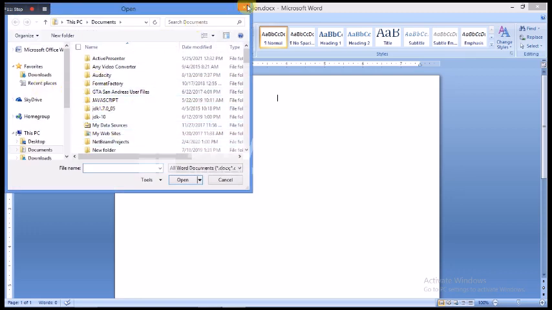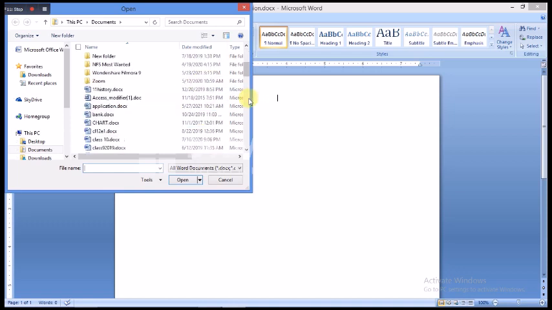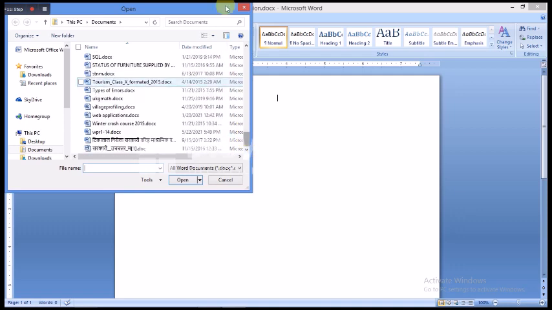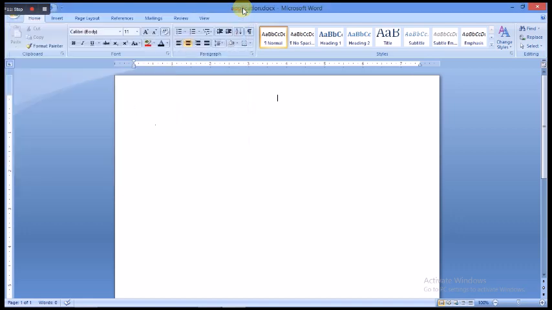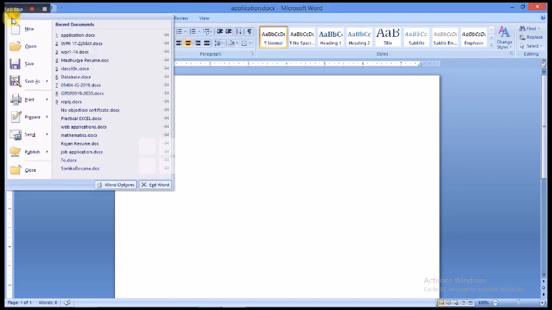You can see there are a number of documents available on my desktop. So we can open them by using this open option. Next, save. If you want to save things in my window, I can click the save button.